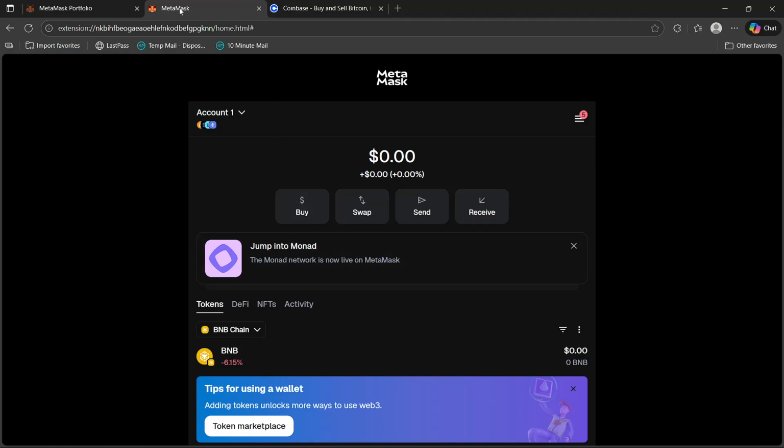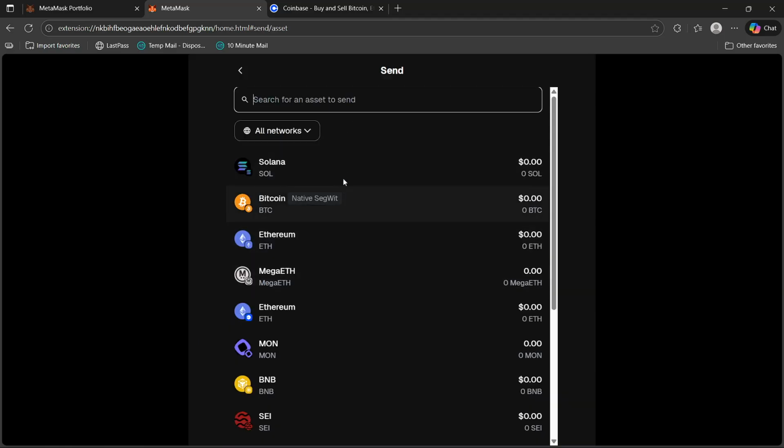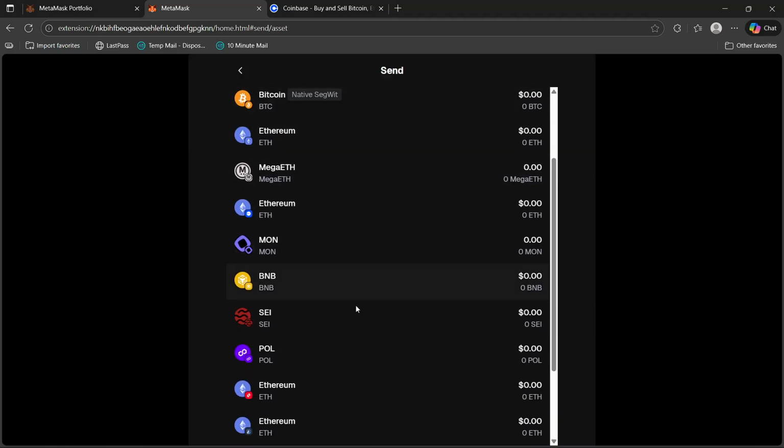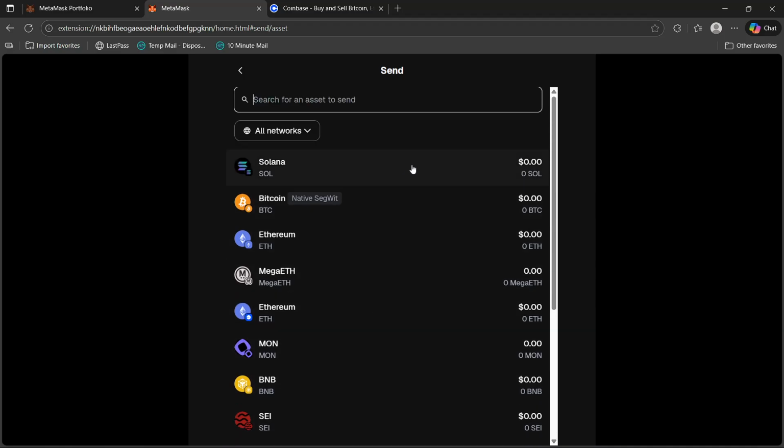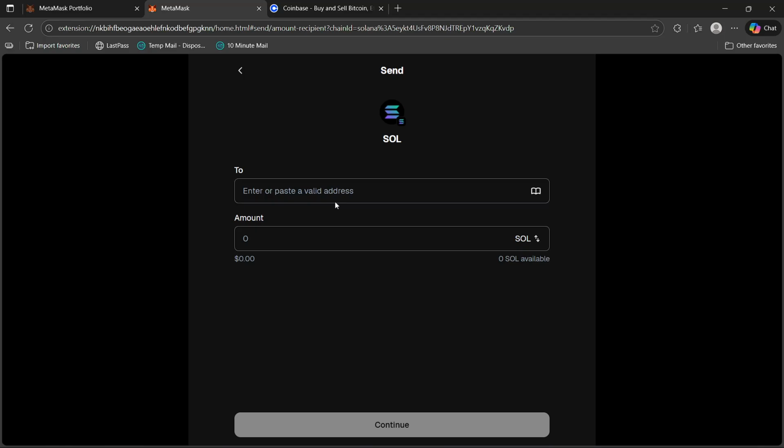And of course, you do have to make sure that you're on the official website. And once you're here, you will just have to select the same asset. So you will just have to click send. And again, you do have to click the same asset, and then you will just have to paste your Coinbase address here,